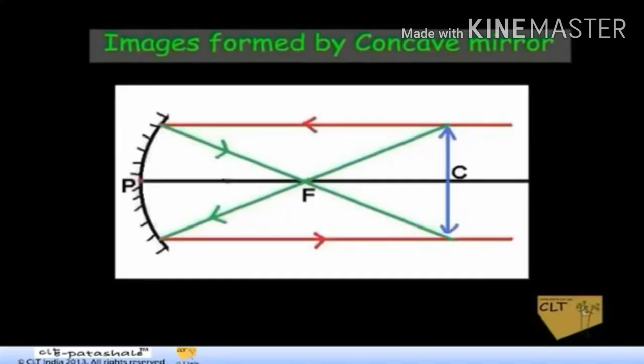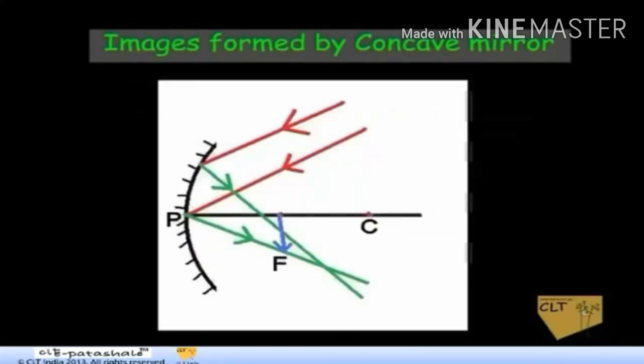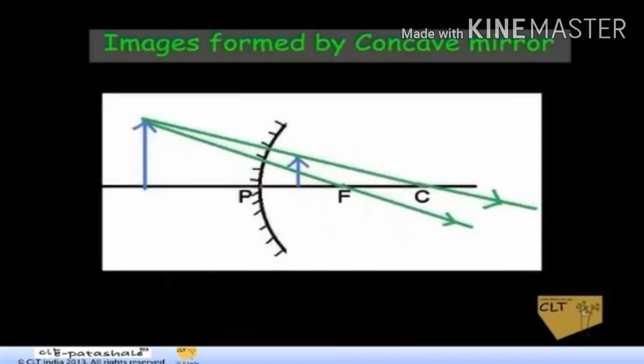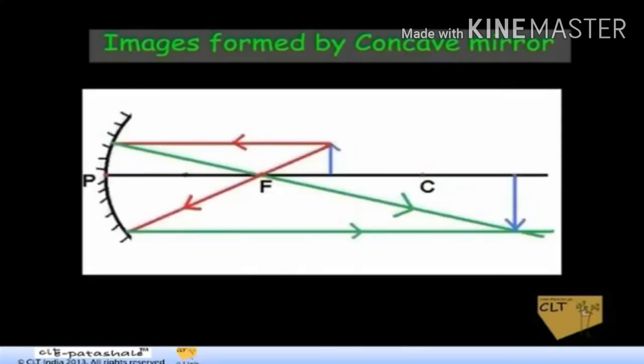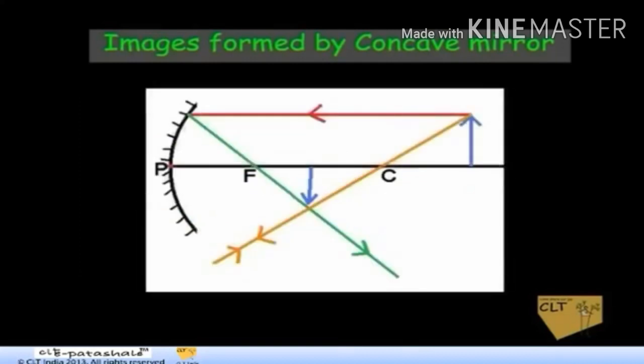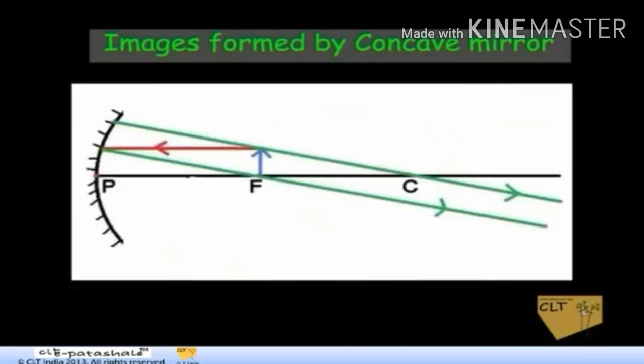These are the properties of image formed by a concave mirror. Now you can watch a video which experimentally proves this concept. Images formed by a concave mirror. Different positions of an object in front of a concave mirror and their corresponding images are predicted with the help of ray diagrams. Let us verify the result through experiment.